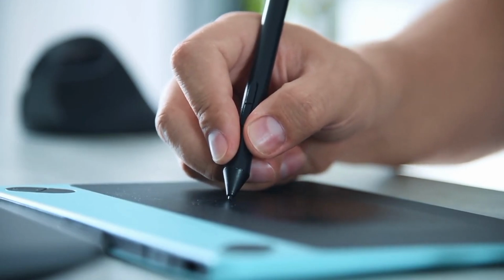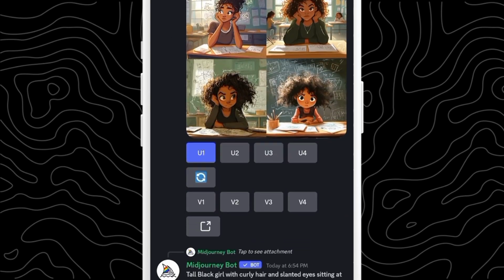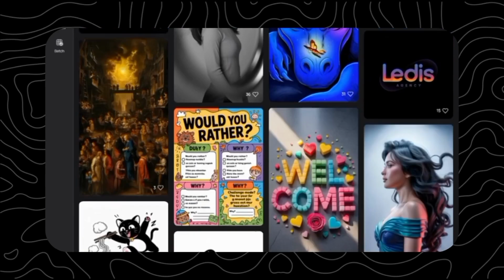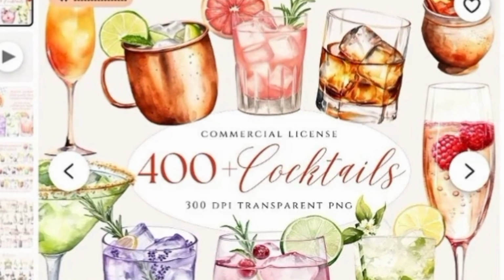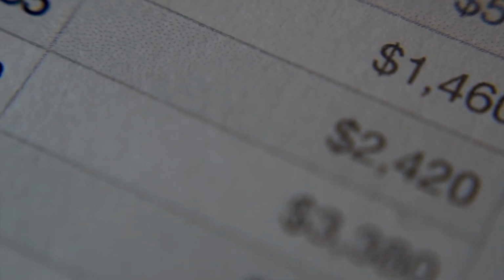So to create this type of clip art design, many turn to MidJourney, known for its excellent image generation. However, since we are not in profit yet, I'll introduce you to two free MidJourney alternatives that generate stunning designs. But before we dive into creating these designs, it's crucial to understand whether the design is still profitable on Etsy. Also identify the most popular design style currently used for these designs and discover a strategy to double our revenue and